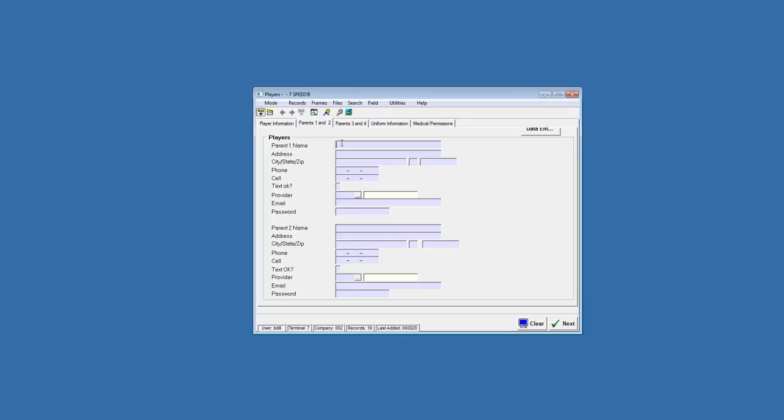In this case, I'll indicate Barbara Dill and hit Tab, and I will type in her address, which is the same as the player in most cases, and hit the Tab key, type in the city, and Tab, and type in the 2-letter abbreviation for the state, and Tab, and type in the zip code, and touch the Tab key, and type in the phone number,